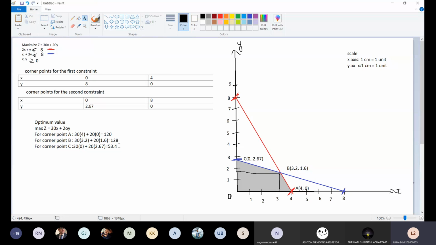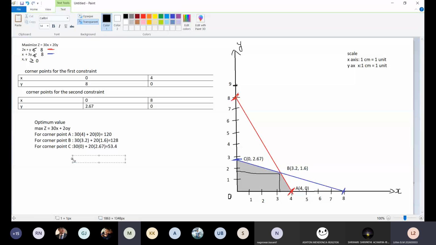So where do we see the maximized profit? In which corner point? We have a long way to go. Please tell me which corner point is giving us maximum profit. Corner point B, yes. So corner point B, where we are seeing a profit of 128. So therefore,